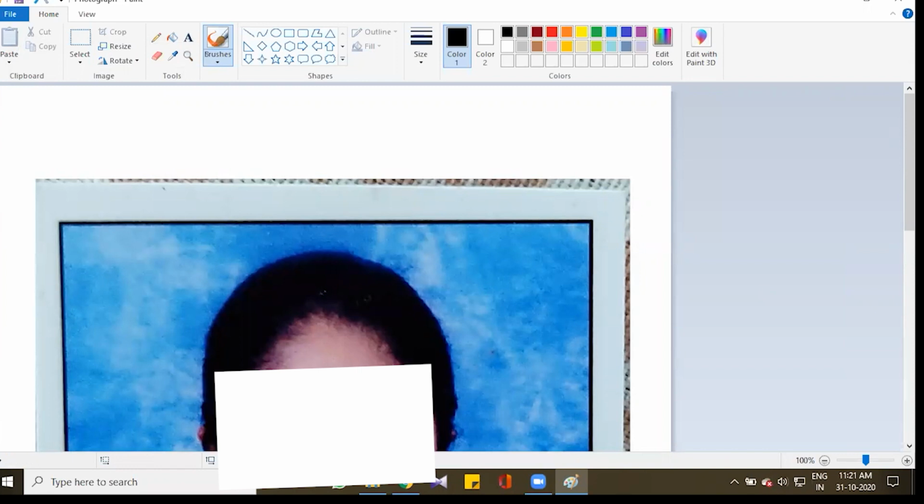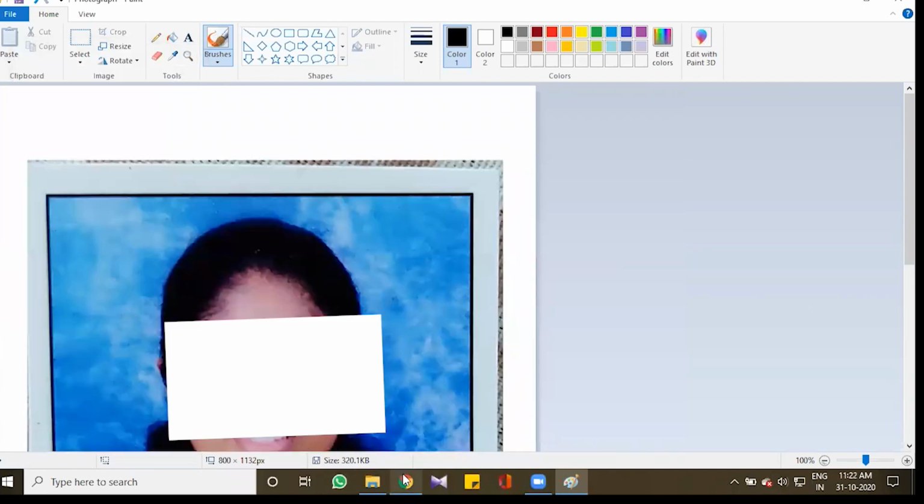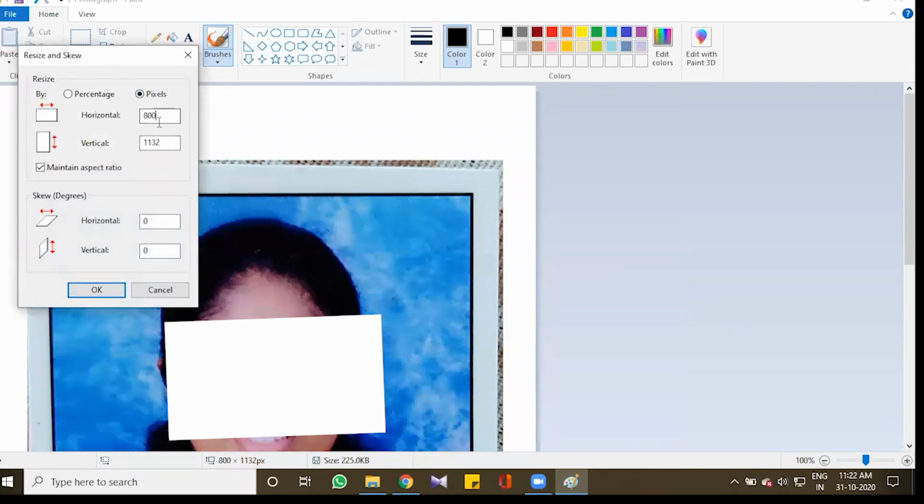It has reached from 943 to 320. Similarly, do it once again till you get 100. Make sure while you're resizing, the clarity is not gone. Now I have resized enough.